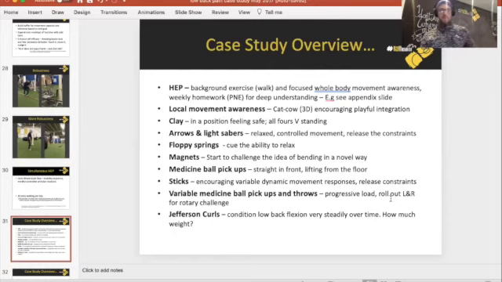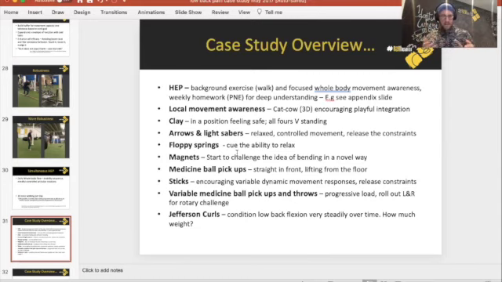But that being said, I've had people who we purely just talk about these things, and we've been able to get them to the things that they want to be able to do. Local movement awareness. So we did cat-cow 3D. That was where we first started. So just working for periods of time, exposing to flexion and extension of the back. And we used clay, as we saw at the start, to try and start making him feel safe with me holding him and guiding him and giving some supportive words around it to be able to explore different novel movements,